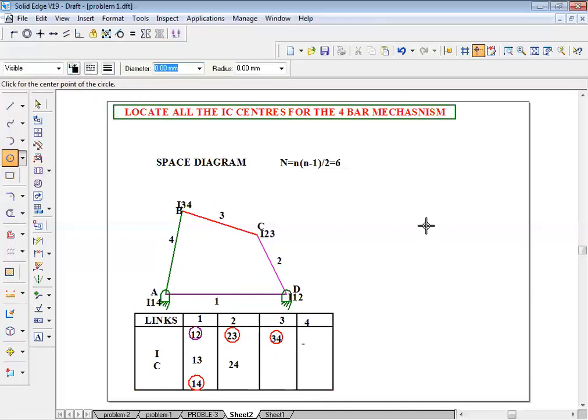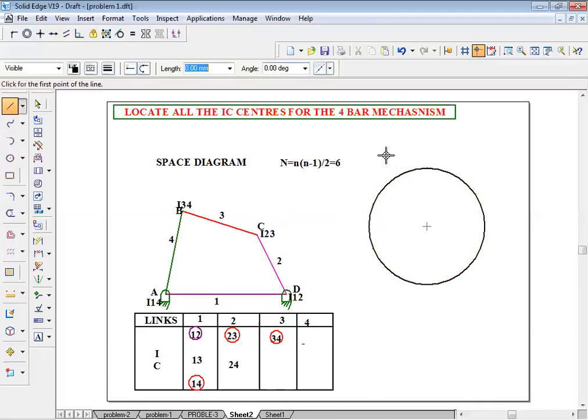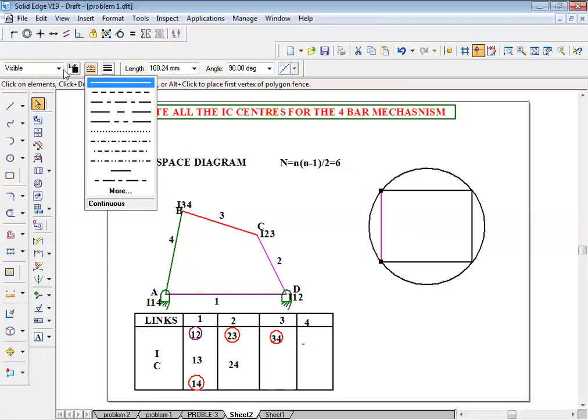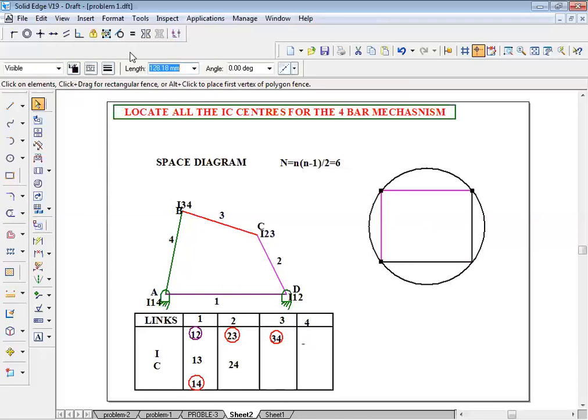So let us take one circle now with any convenient radius. Now on the periphery of the circle, we need to mark the points. How many marks depends upon the number of links. Here there are 4 links, therefore 4 marks. That means we have to divide this circle into an equal number of 4 parts, like a square. Therefore I'm going to draw the line like this. You can see now, correct? I'll change the color for identification purposes. So let us make a different color for each line. It makes it easy to refer to things. Let us make this also.